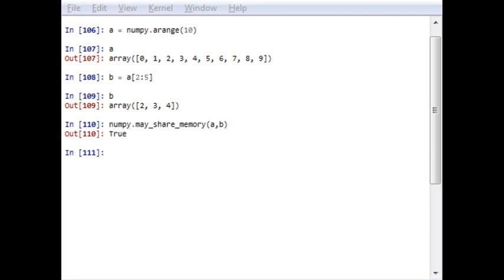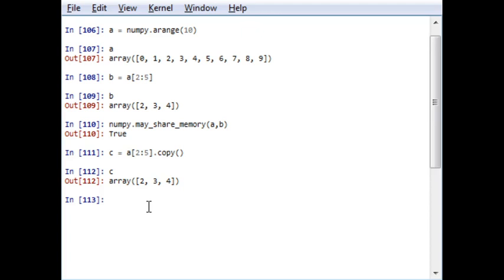Consequently, we also have a function copy that provides a way out, copying the original array instead of providing a view. So let's say now C is a variable with a copy of 2 to 5. This is the proper method to write copy, and it will then copy the array.